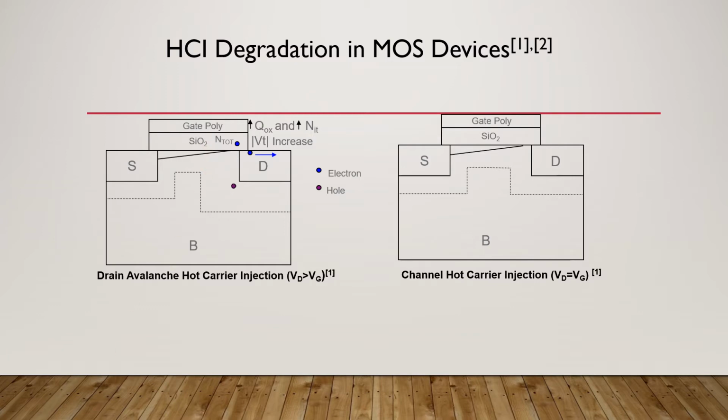Also, this generated hole will naturally be captured by the bulk, which basically causes the substrate current I sub to flow in this device. So you can say that the substrate current is basically a prime indicator of the HCI, and that is the reason for NMOS devices you plot the substrate current as a function of Vg for a given Vd, and if you see a huge amount of substrate current, you conclude that okay, there is definitely HCI that is going to happen.